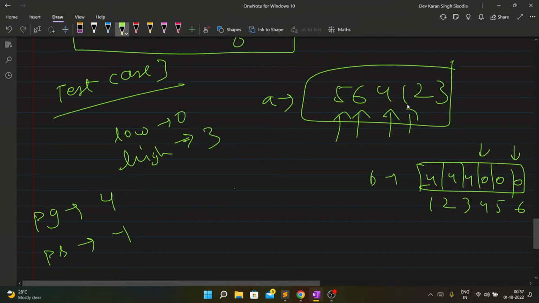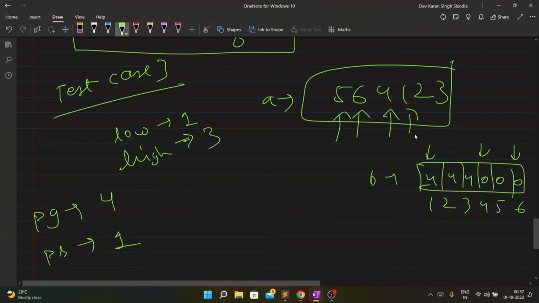Now I go to value number 1, index number 1 in array B. I see that this is 4, and 4 is equal to previous greater, which means that it was the smaller case. And if it was the smaller case, then my x must be less than or equal to k. So k must be greater than or equal to 1. We will update low, right? We also update PS.